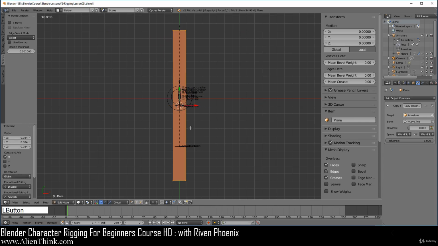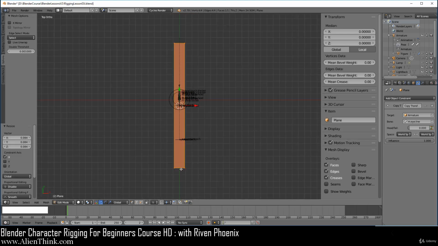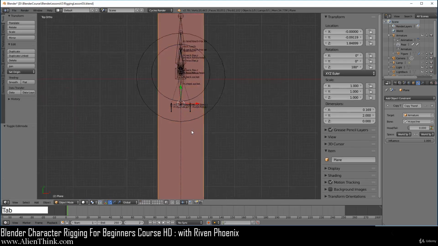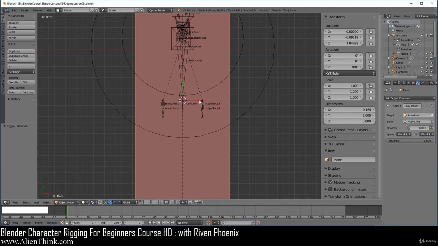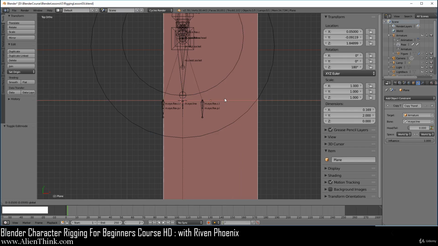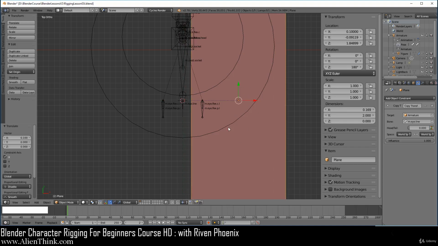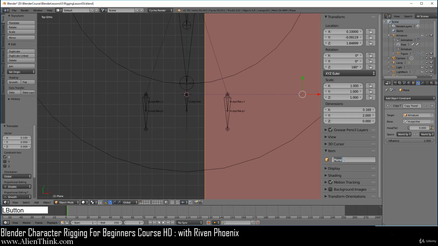Okay. Now notice that the origin point for this plane is here, and these vertices are this far away from the origin point, and these vertices are this far away from the origin point. Go ahead and press the tab key to go into edit mode. Now here, just click on this red arrow, press the control key down, and just move it to the right. 1, 2, 3, 4, 5, 6, 7, 8, 9, and then about 10, just to get it out of the way. Now here we're going to click this and call this